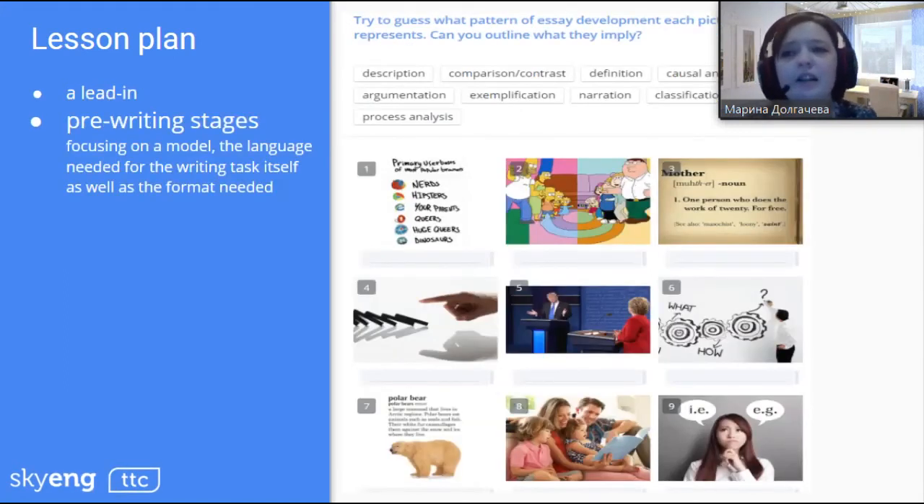So, next stage of the lesson: those are pre-writing stages and the activities. Again, there can be different ones and they are connected with planning. But what we see here, we focus on the model and the language which is needed for the writing task and the format. And this particular activity is not just a matching type of task, which